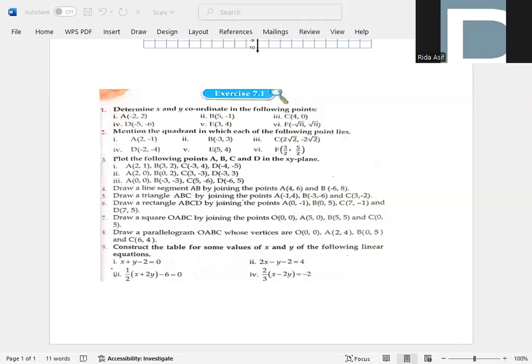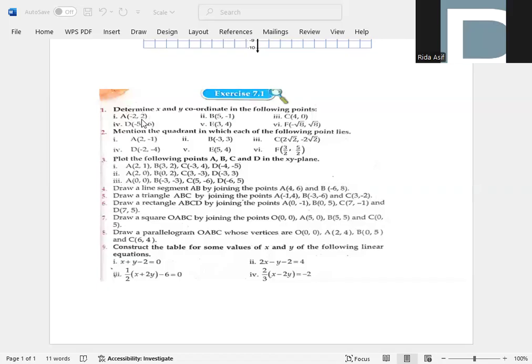So students, now let's discuss exercise 7.1 from your book. Determine X and Y coordinate in the following points. Number 1, A: minus 2, comma 2. As we have discussed, the first number represents the X coordinate named as abscissa, and